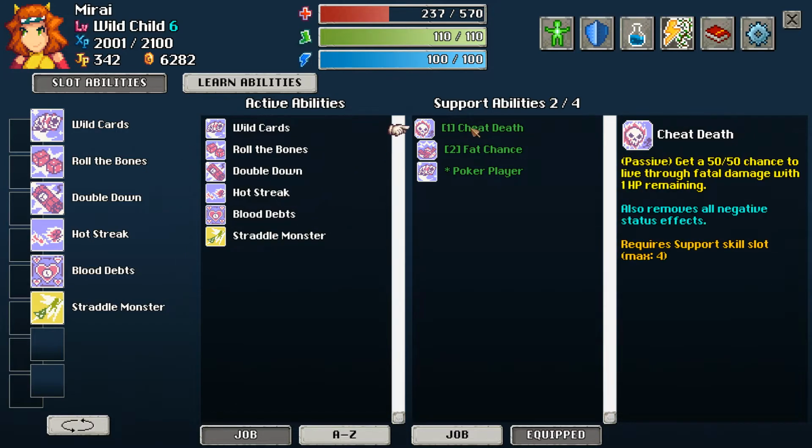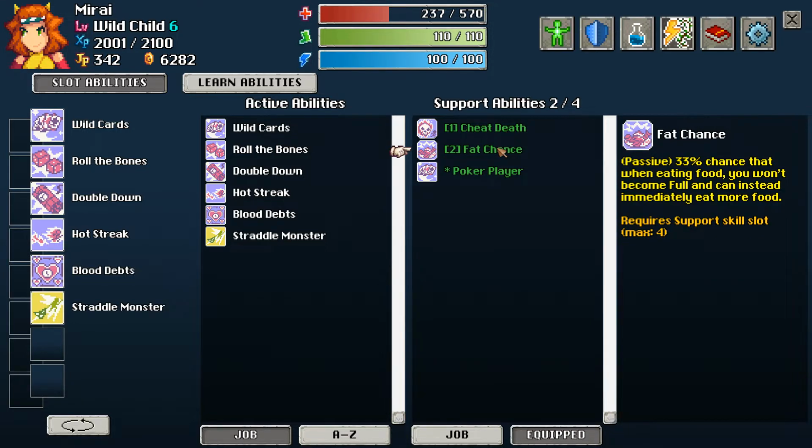And then also, I grabbed both of the passives from Gambler. Cheat Death does exactly what it says here. When you would die, there's a 50-50 chance you will instead not die, and also all your negative status effects will end. It's not great, but I think we're still probably going to keep it in one of our passive slots. And then this one is a 1 in 3 chance that when eating food, you don't get the full debuff. I'm not 100% sure whether we're going to keep this one in, because there are some other support abilities that we want. For example,